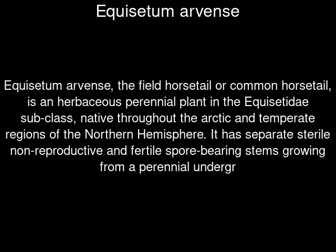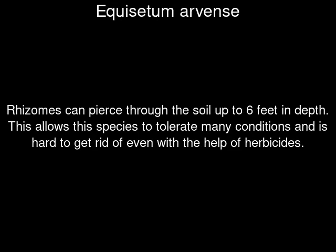Equisetum arvense, the field horsetail or common horsetail, is an herbaceous perennial plant in the Equisetidae subclass, native throughout the Arctic and temperate regions of the Northern Hemisphere. It has separate sterile non-reproductive and fertile spore-bearing stems growing from a perennial underground rhizome. Rhizomes can pierce through the soil up to 6 feet in depth. This allows this species to tolerate many conditions and is hard to get rid of even with the help of